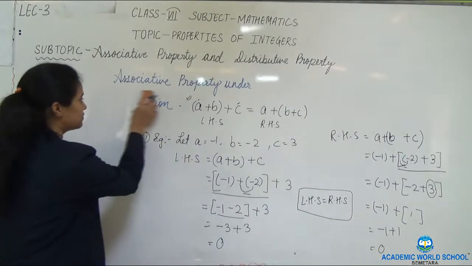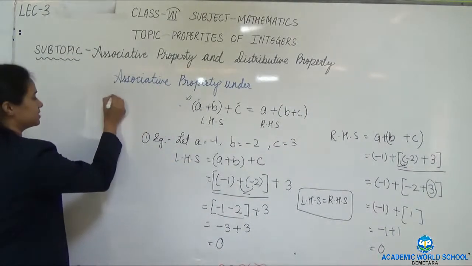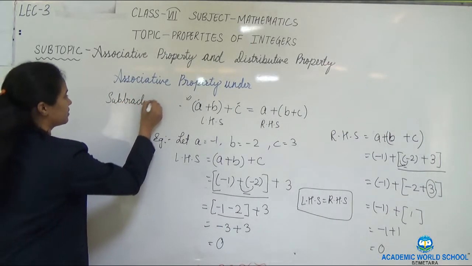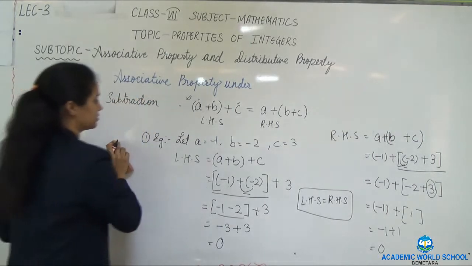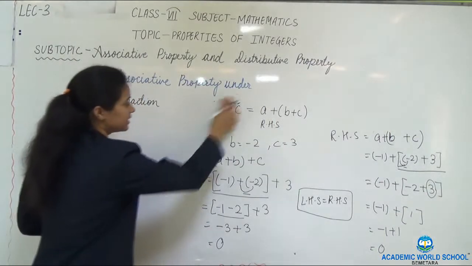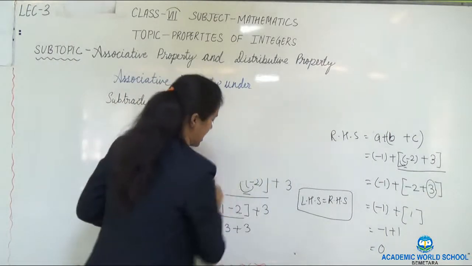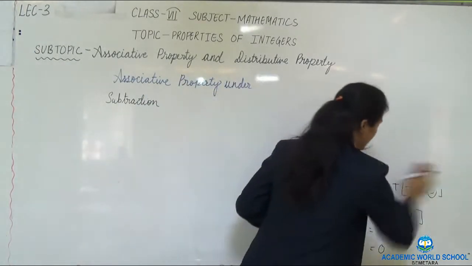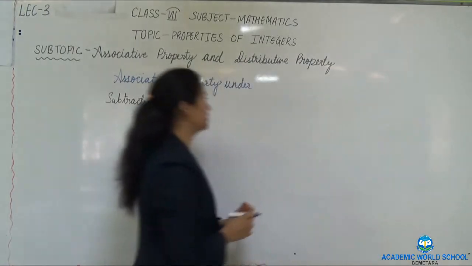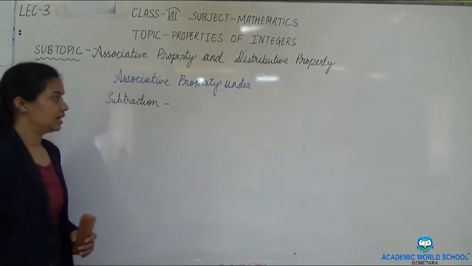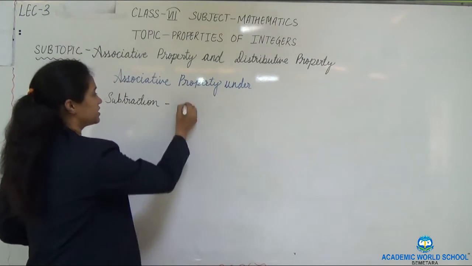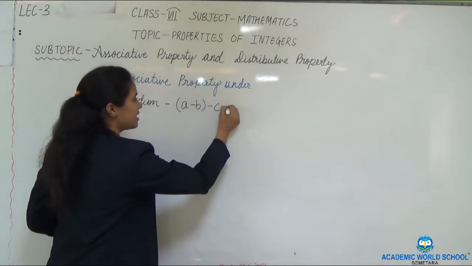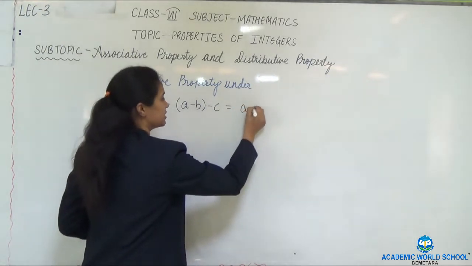Now moving to the next, we need to test for subtraction. Students, we expect that you all must be writing the notes and covering the assignments which are given in the ERP and positively write whatever we have given. So now subtraction. Again in subtraction, we will change the arrangements and check whether the left hand side is equal to the right hand side.